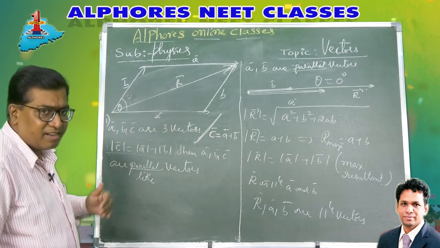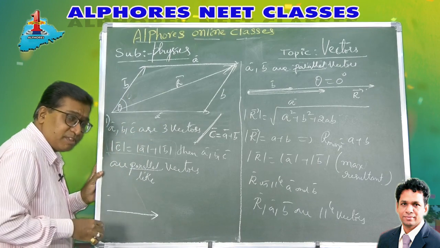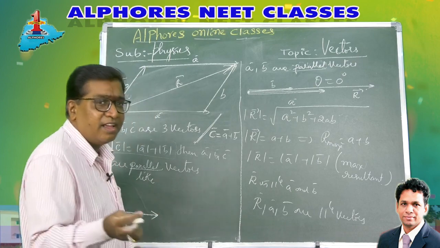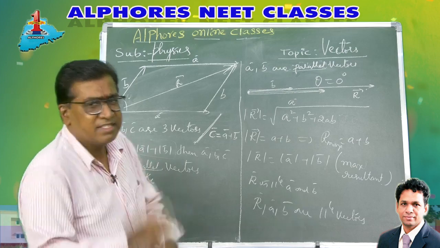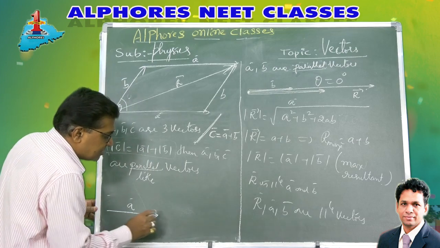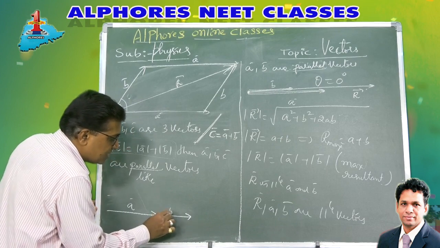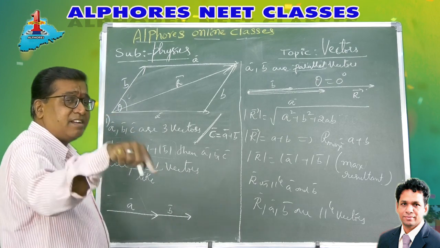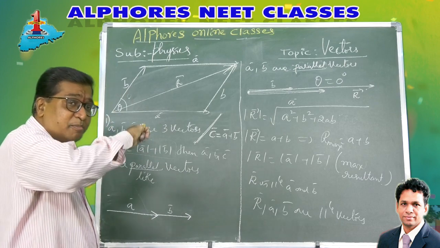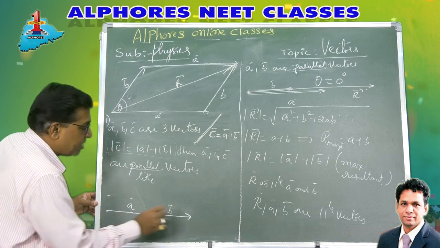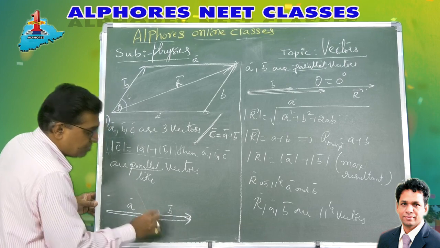Let's apply the triangle law for this. A bar, B bar are two vectors. This is A bar. Represent them as two sides of a triangle in order. What do you mean by in order? The terminal of the first is connected to the initial of the second. So this is A bar. Then the terminal of the first is connected to the initial of the second. So this is B bar. Then the third side of the triangle, the closing side, joins the initial point to the final point. This is the initial point and this is the final point. So this represents the resultant vector C bar.